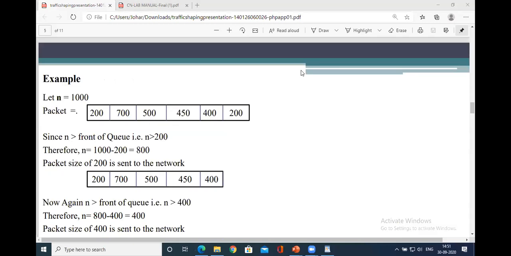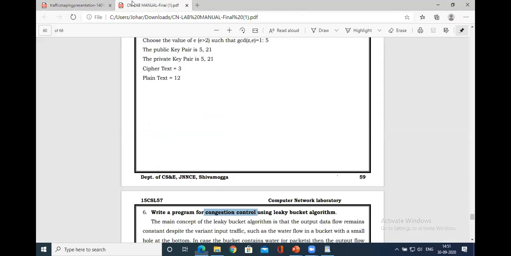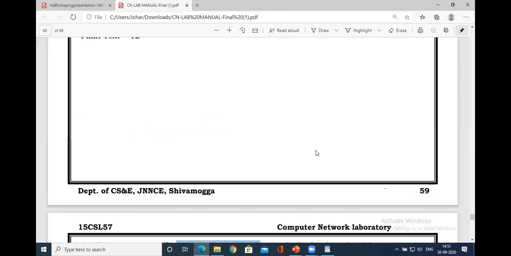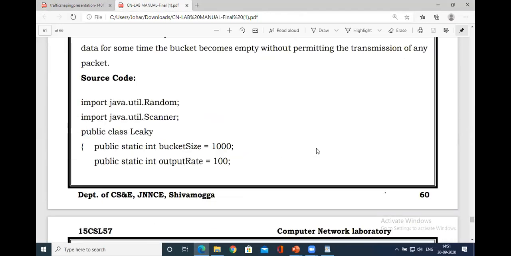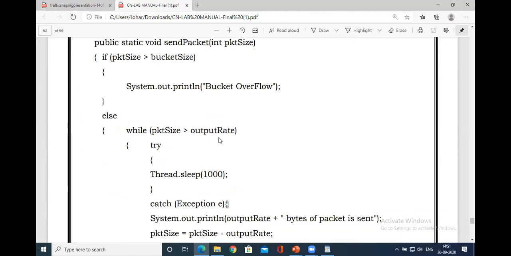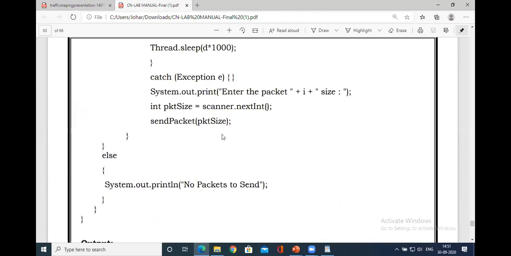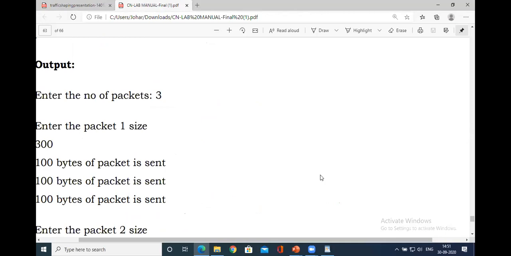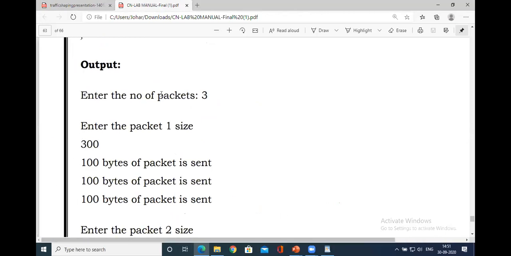But in the case of our program, what we do is, you need to enter the number of packets. Clear? Imagine number of packets is 3. Once you enter the number of packets 3, there are 3 packets of different size.